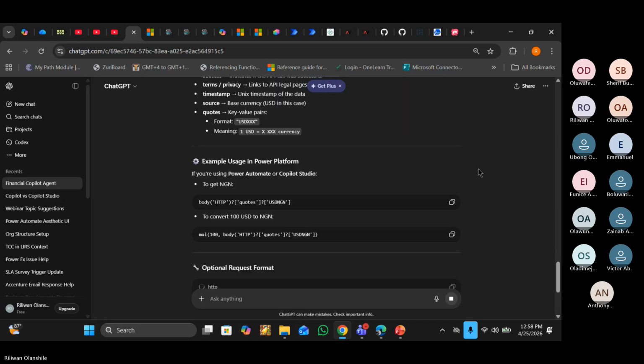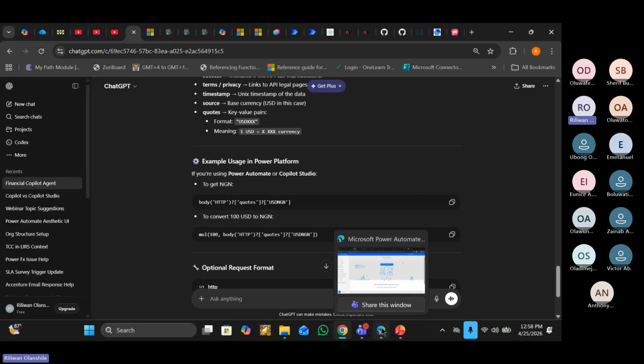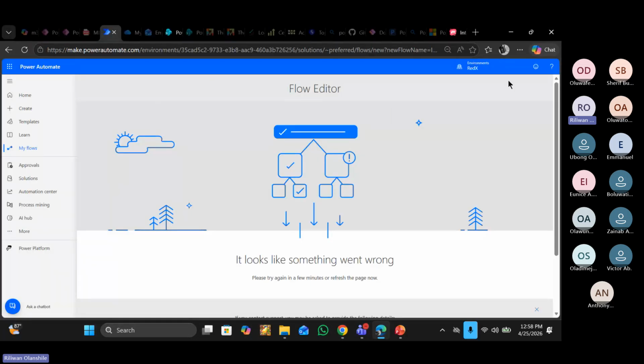Now, this is one of the ways in which you can actually do this. But I already generated one. Where is that pilot that I was using earlier? I'm trying to find it. I just wanted to show you how to generate an OpenAPI file. Let me show this one, so I don't just go ahead and use the one that I already have.